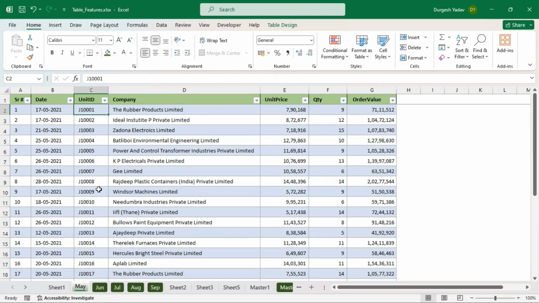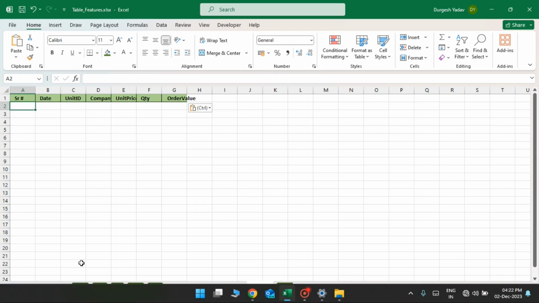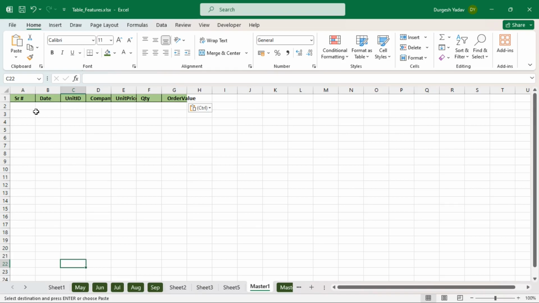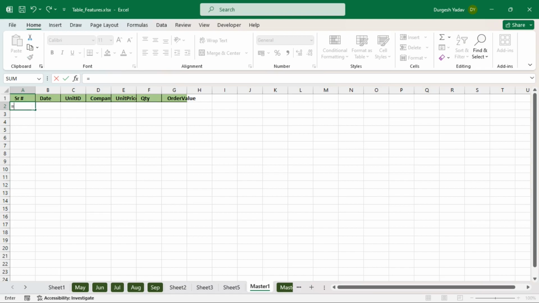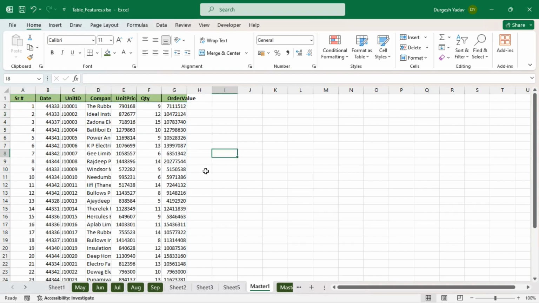To do that, first of all we'll copy the headers and paste them here. Now to get the values, we don't need to go to each and every sheet, copy the data and paste it here. We can just type equal to, and we had created a table called May in the sheet May. So we'll just type MAY and press enter, and you'll see that all of the data from the month May has been